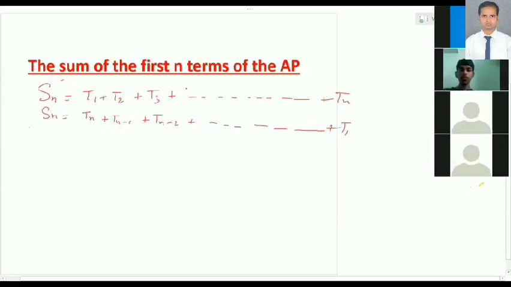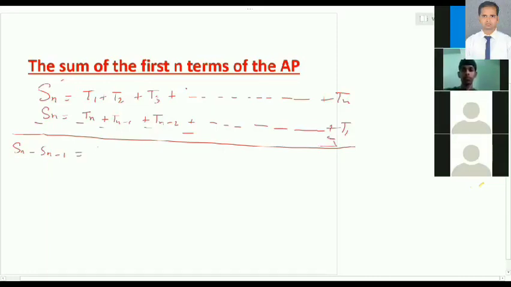Now we need to subtract. If you subtract this, then what you will get on the left side? You will get Sn minus Sn, all the signs will be changed. Sir, Sn minus Sn means 0 only, no sir. Oh, sorry, yes, Sn minus Sn. Okay. Actually, what we'll do, we'll add. That will be better, because we need to find Sn value. If you add, what you will get here?